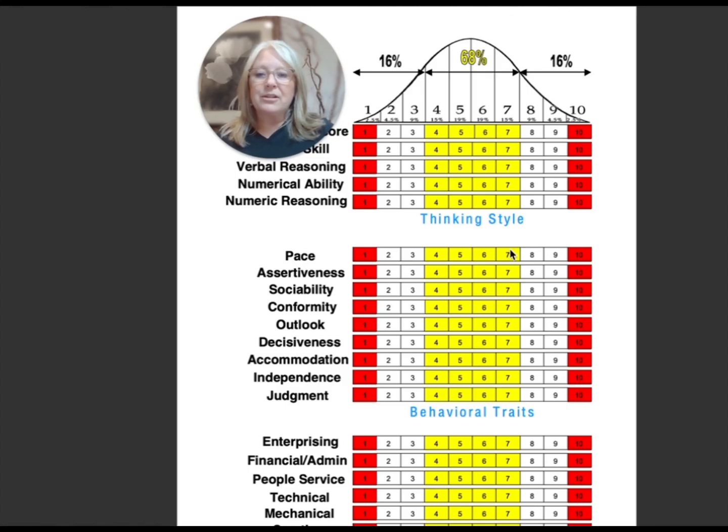How would you manage differently if you knew this about your people? Would you hire differently? If you knew that all your top performers in a given role fell on one side of the scale or the other, would you go seeking that? And would you give different kinds of projects to different people if you knew where they fell on this graph to maximize and help engage those individuals?